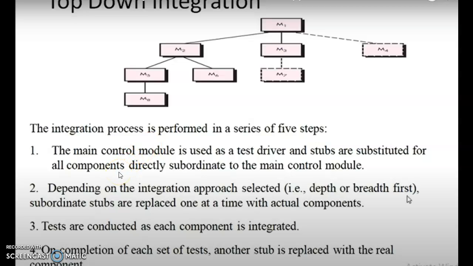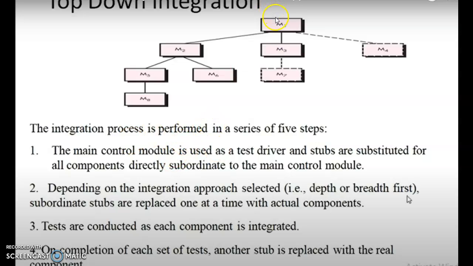First, the main control module is used as a test driver, and stubs are substituted for all the components directly subordinate to the main control module.